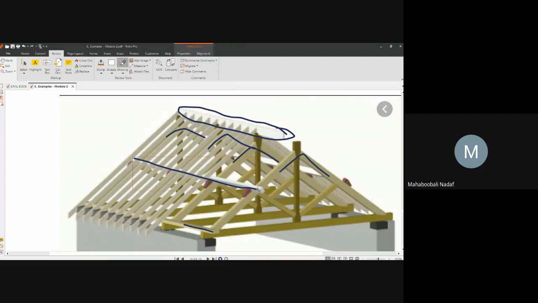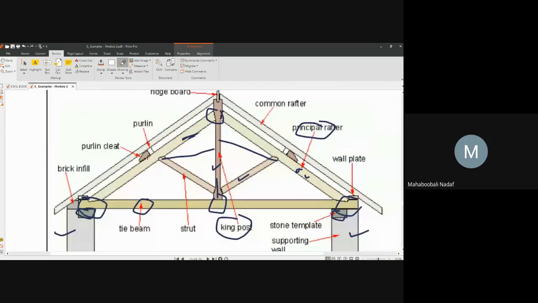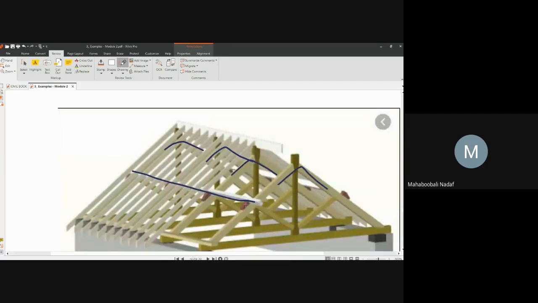Now purlins are fixed on the principal rafter using a cleat. This brownish color is called the cleat, and that appears in the cross section like this. This is called a purlin cleat or cleat. Is that okay? The purlins are this small square here, running longitudinally, and they are shown in cross section now. To fix that purlin on the principal rafter, you have cleats, small diagonal portions. These are called cleats.